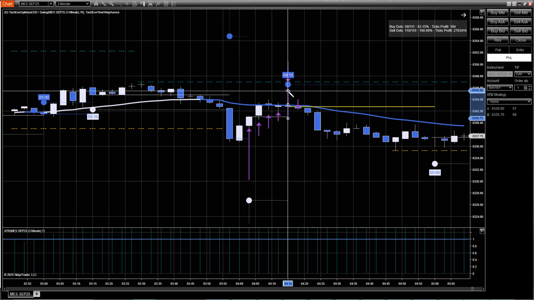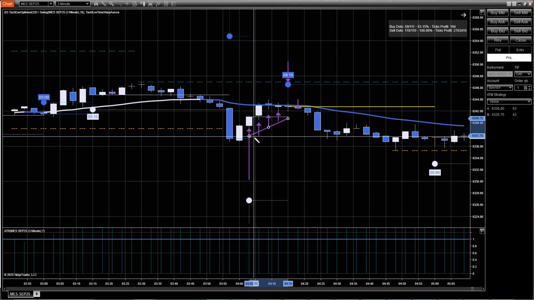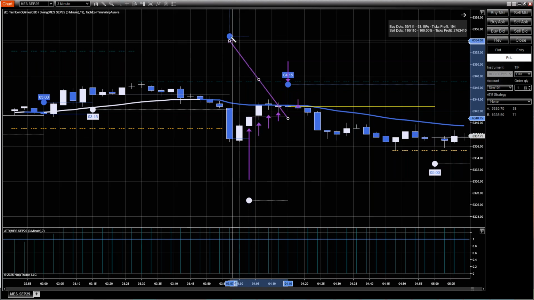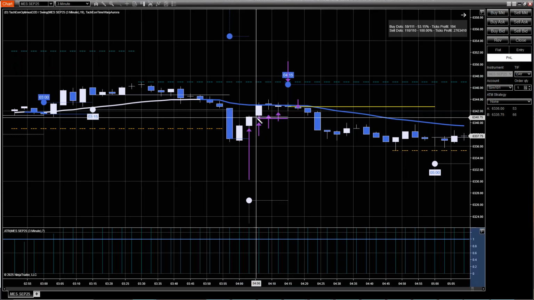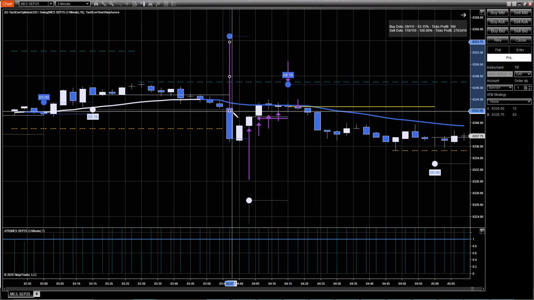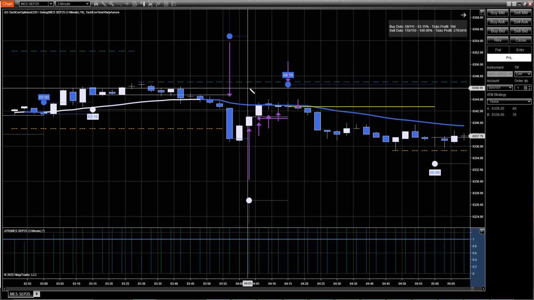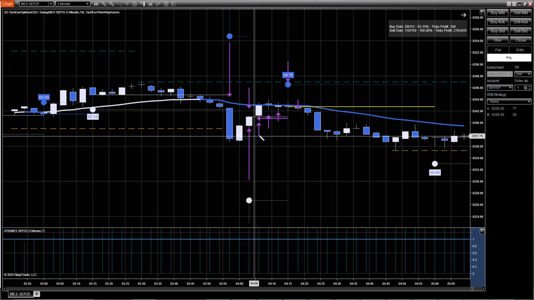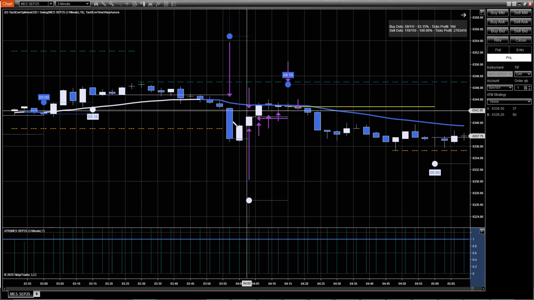This one would be a valid short. This one would not have been a valid long if it is set to 5 bars. This one would not have been a valid short because there's not enough time. Again, if you have chop zone turned on, it's going to present on the chart, and it's designed to keep